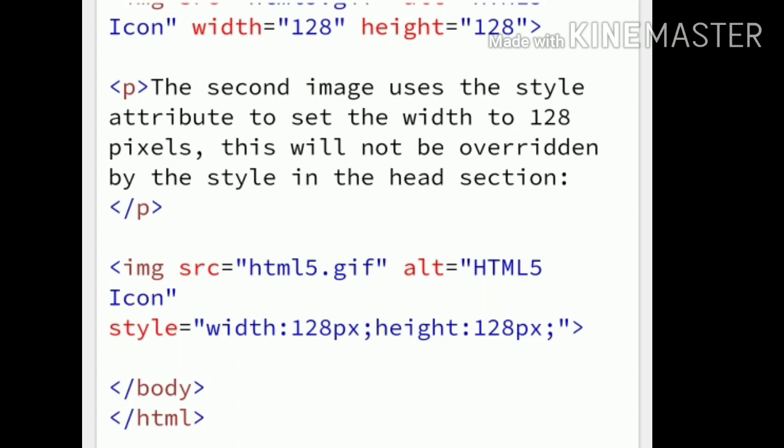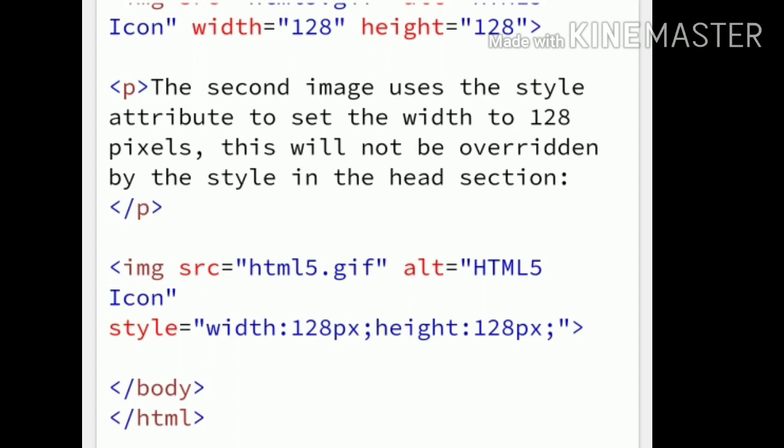For this, you can go for the simple syntax of this program. See this program. It is a simple HTML program. In the head, you define a style.